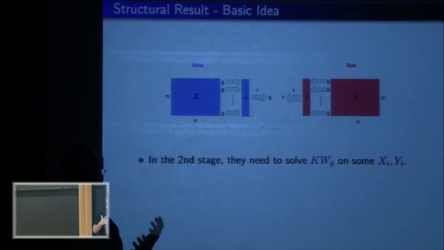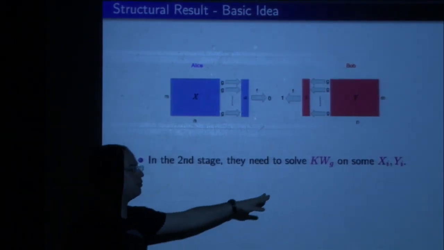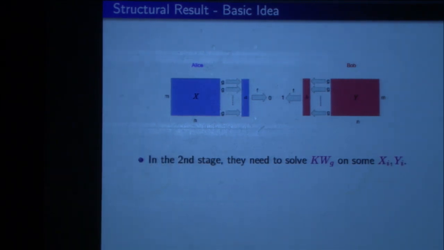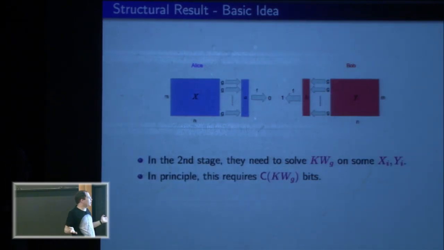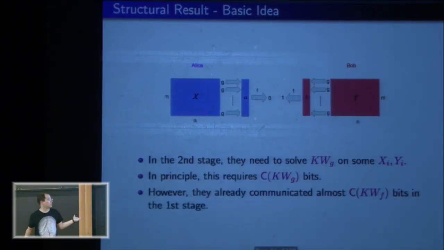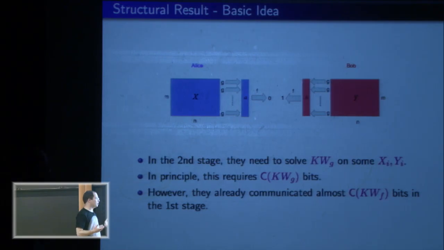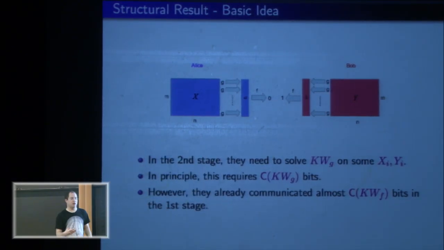So in particular, they found two rows in which they differ on some particular coordinate, which in some sense means that they solved the KW relation of G. So in principle, solving the KW relation of G requires the complexity of G, but this is true only if we solve G from scratch. What really happens is that they already communicated almost the complexity of F bits in the first stage, and we need to show that this is not many